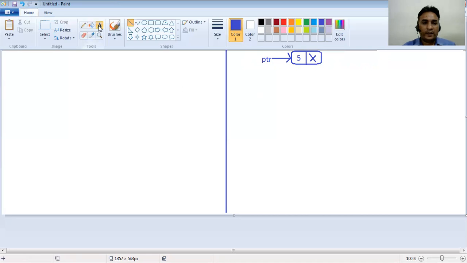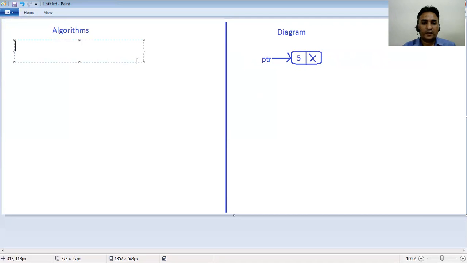And we have to write here the steps. Step number one, what we did here: we have to show a message for allocating memory. Allocate memory for the new node, and we have to store the address of this node into variable ptr.